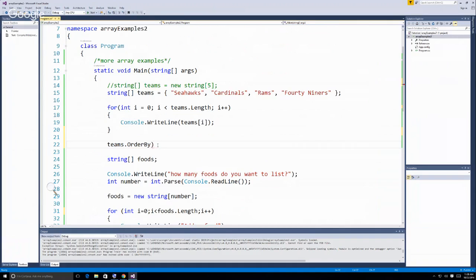Order by, sort the elements in ascending order according to a key. What would the key be? Well, you know, you might be able to, let me think about it. So there are some functions that would probably work on this. Each of these has a numeric value. But it gets a little bit weird because we'd probably only want to use like the first letter, and then if two had the same first letter, if we were doing it manually, we would have to,